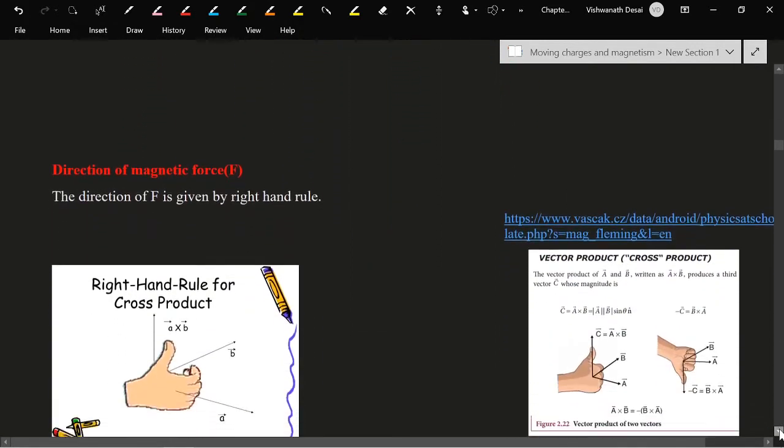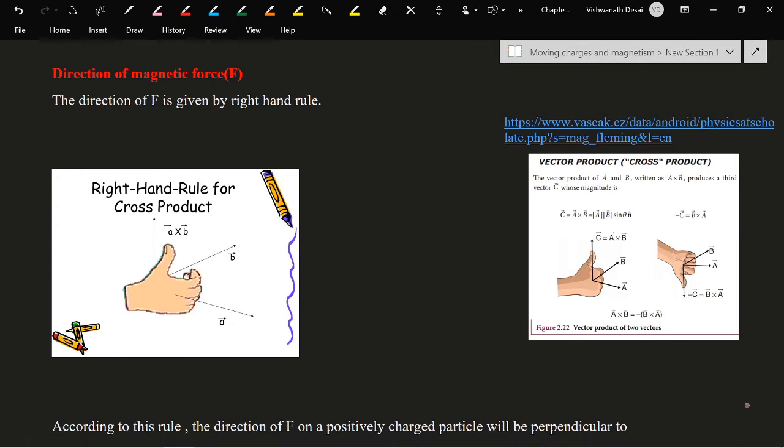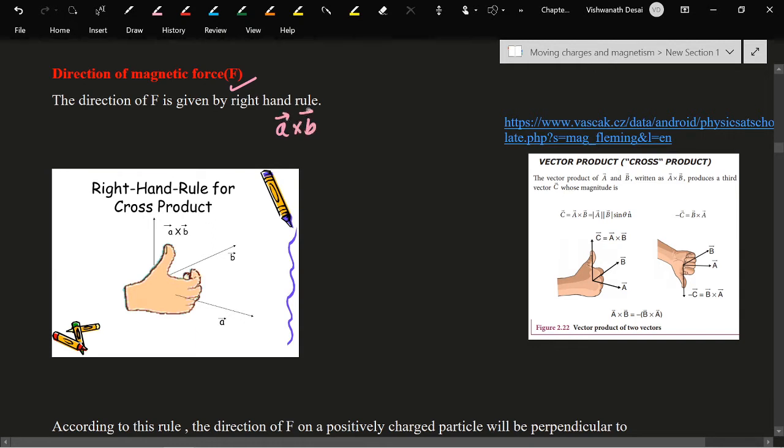To understand that, you need to know the first year topic, that is cross product. It is also called the vector product. You must know it. Without having the knowledge of that, you will not understand the force direction. Before that, you must know what A cross B is. A cross B is equal to magnitude of A, magnitude of B, sine theta,